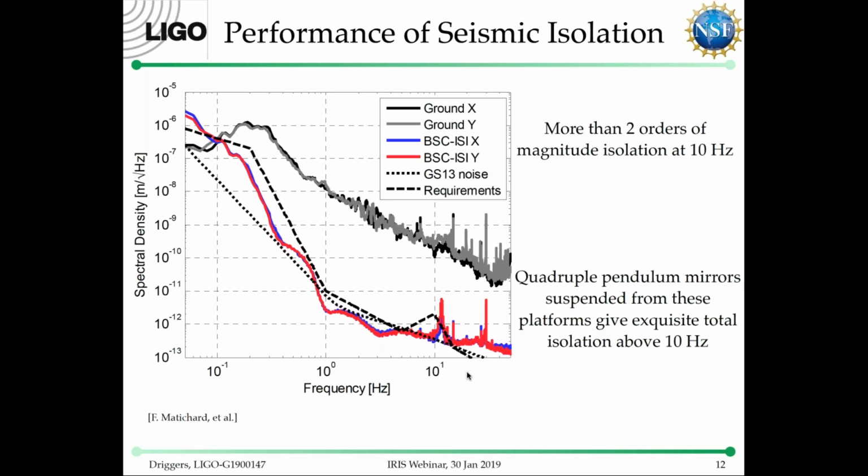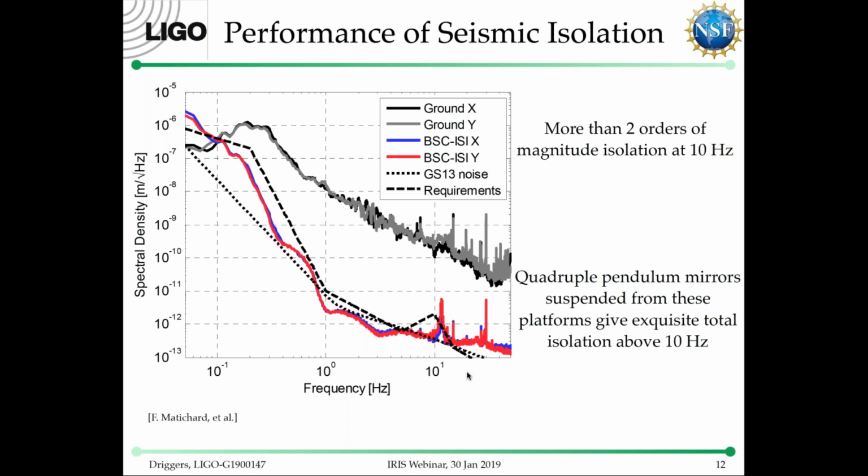This is just the tables. The quadruple pendulum system is suspended from these tables, and so we get even more isolation from ground motion above the pendulum resonances, which are around 1 Hertz. So this combination of the isolation table and the pendulum system gives us this exquisite total vibration isolation above 10 Hertz. We have other noise sources in LIGO,